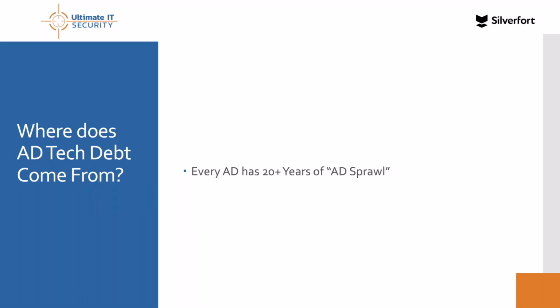So the reason why I asked that question was there's 25 years, and even these folks that have been doing this for a very long time, they certainly don't remember every change, neither do the rest of you. Stephen, do you agree? This is just sort of 25 years of sprawl. It's acquisitions, setting up trust between domains, forgetting about stuff that you made changes to 3 years ago. Is that really the problem?